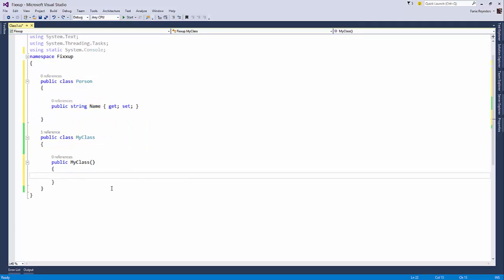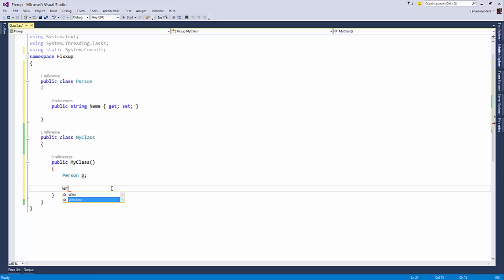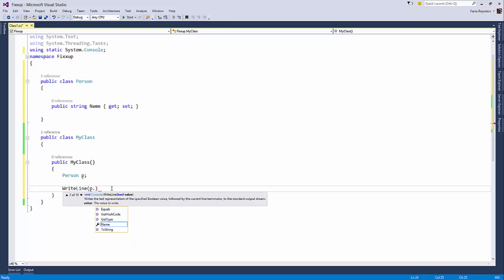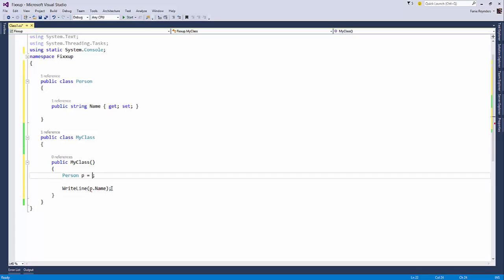And if we want to use that person, we can go ahead and say person is P, and if we say, for instance, writeLine whatever the value p.name is, it will most likely fail because P is unassigned. So if we unassign that, for instance, to null, it will compile, it will work, but during runtime we will get a null reference exception.